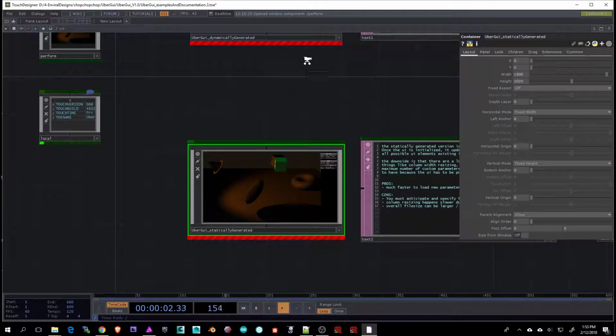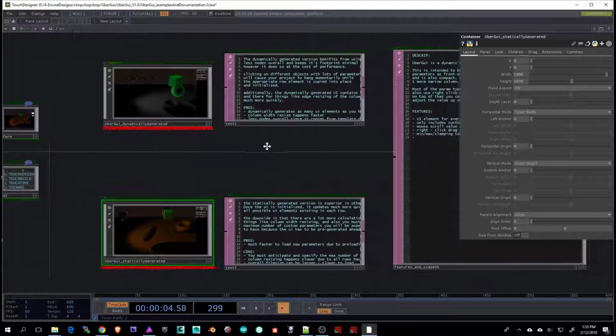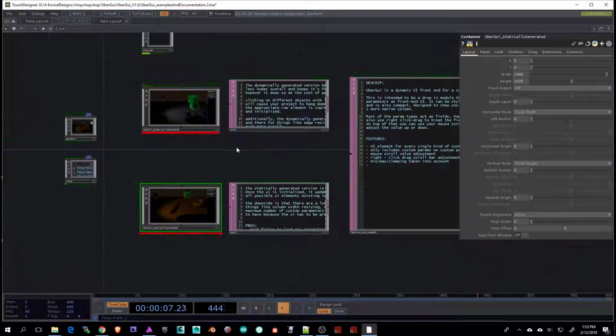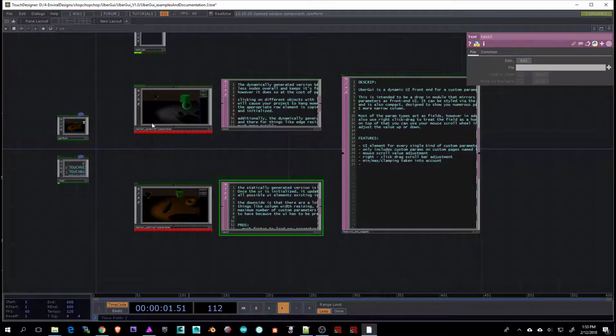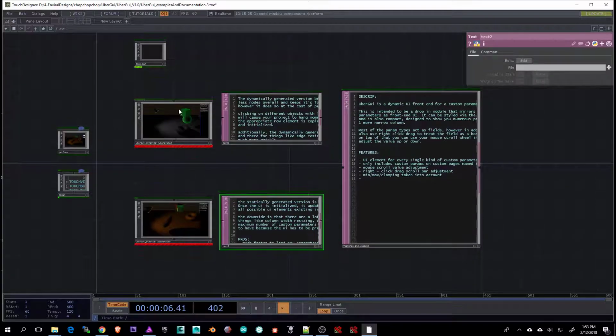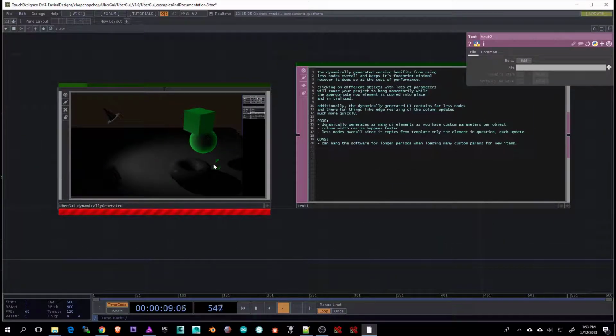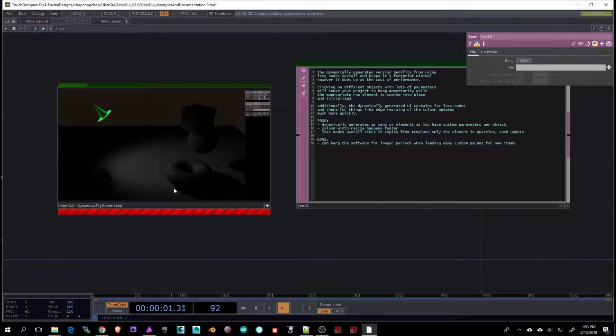Last thing I want to show you about was actually at the very top level of the network here. We have two different flavors of UberGui. We have the one I just showed you, which is the statically generated one, and we also have a dynamically generated version of UberGui as well. So the two basic pros and cons between these is this. If you're building a UI for one specific object, like say for this light, and it's never going to change, and it's going to be pretty much just this one object forever, then